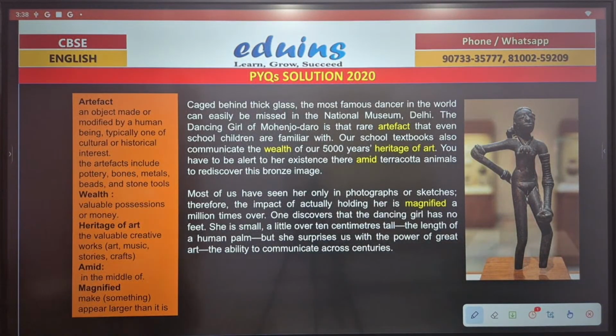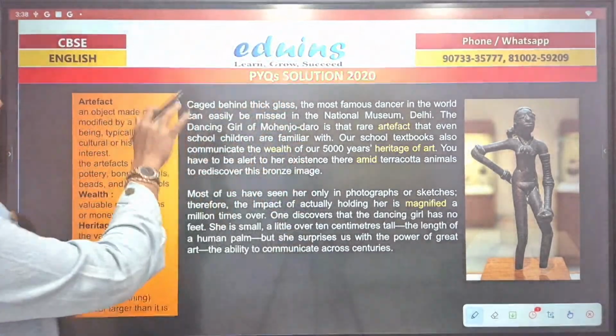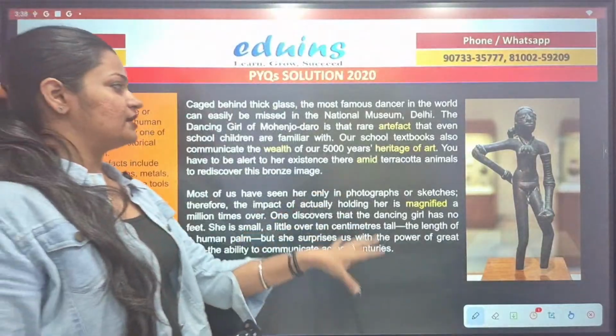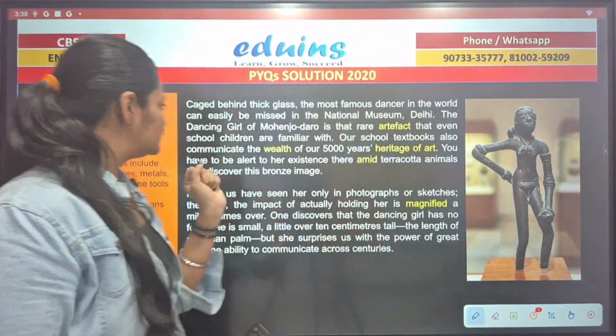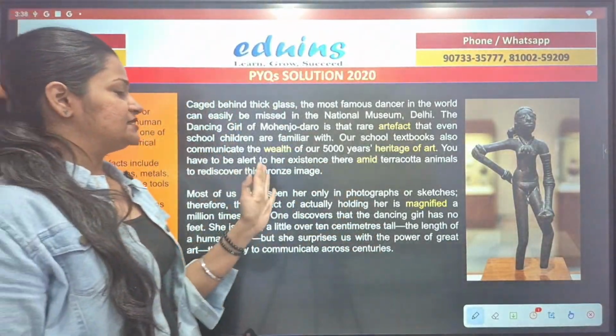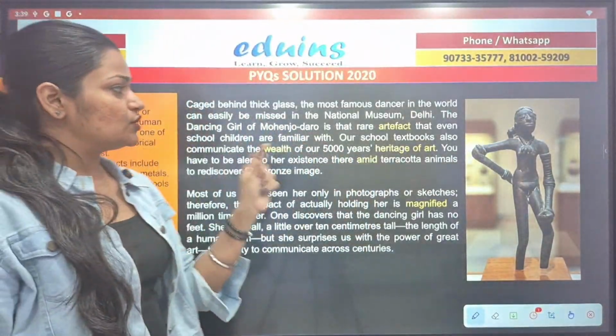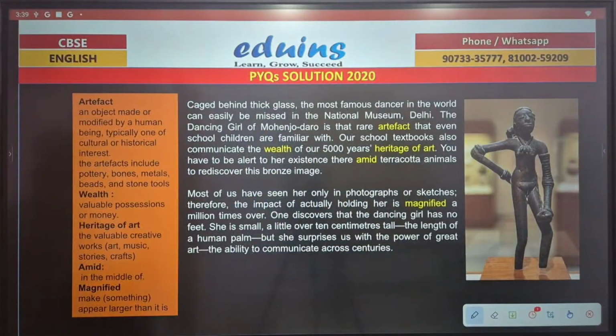As you can see, let's read the passage again. Caged behind thick glass, the most famous dancer in the world can easily be missed in the National Museum, Delhi. Full stop. The dancing girl of Mohenjo-daro is the